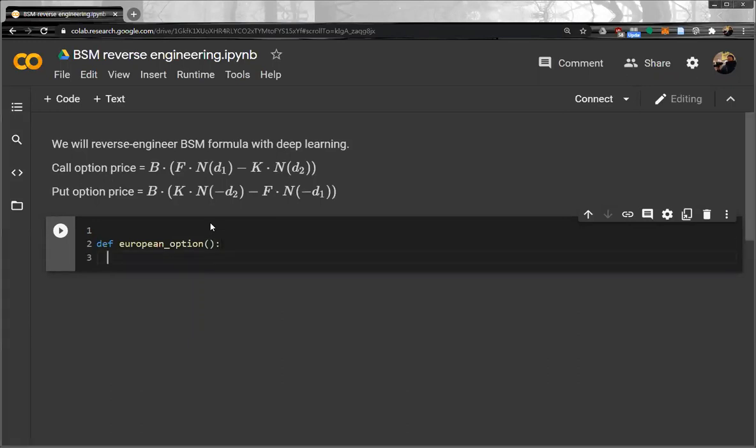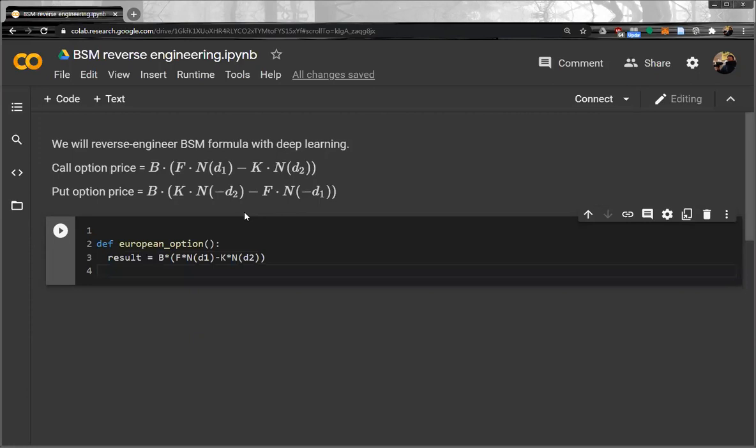So use the formula so that B multiplied by call price, okay, result, let's say result equals F multiplied by N(D1) minus K multiplied by N(D2). Okay, this is the result, but